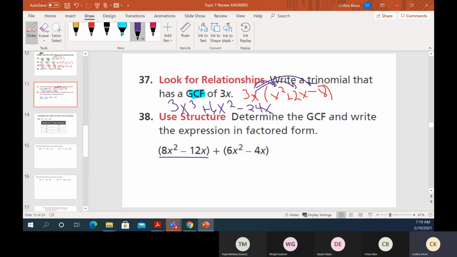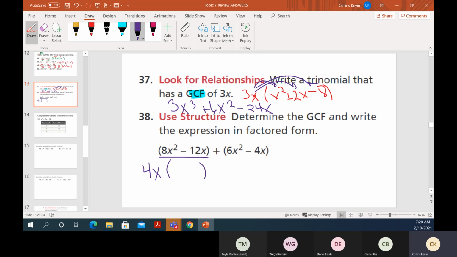Hi, Taylor. It's the biggest number that will divide into 8 and will also divide into 12. Yeah. Okay, so we can say 4, right? And then we've got an x squared and an x, so we always say we can bring out the smallest of the x's when they both have them. So we'll do that. All right, so then let's look at this guy and we'll say, all right, if I